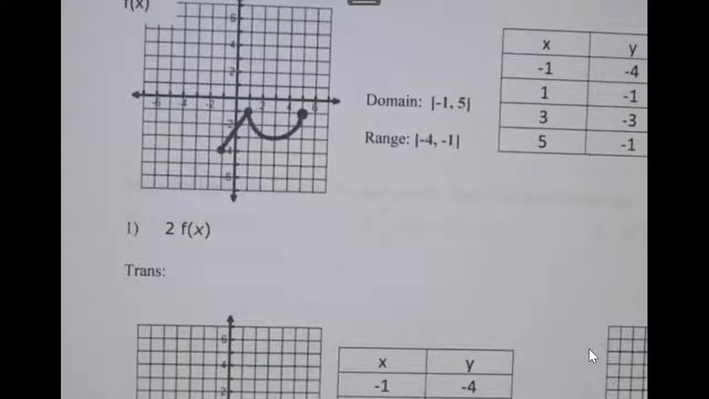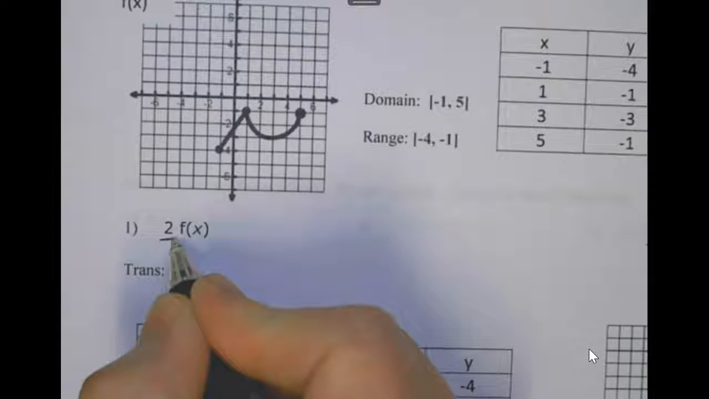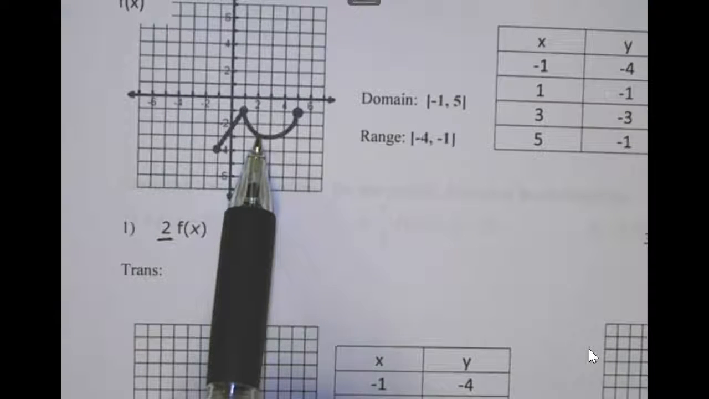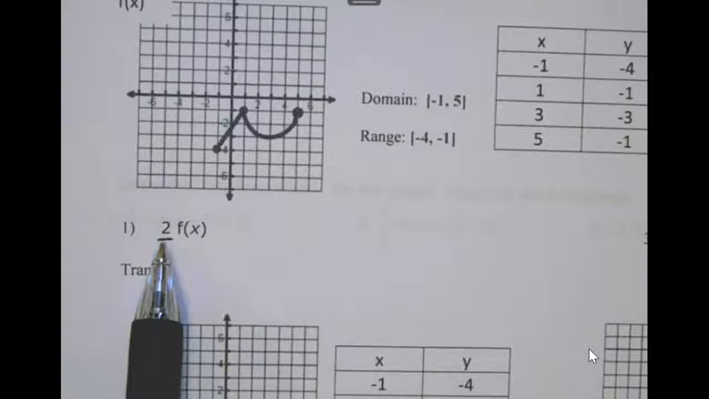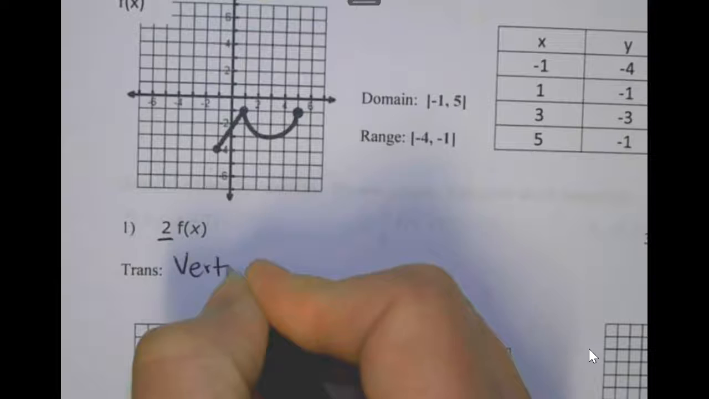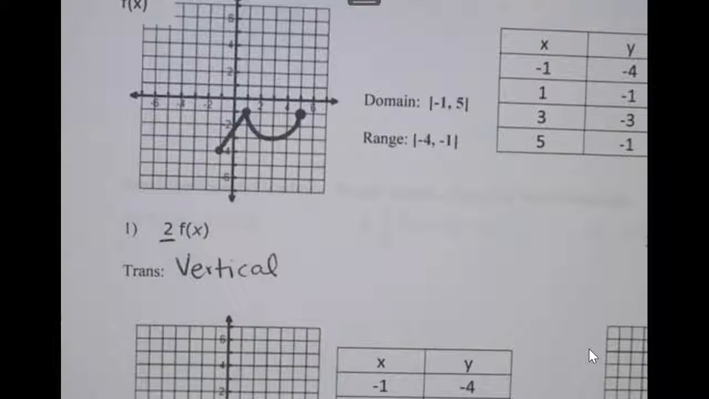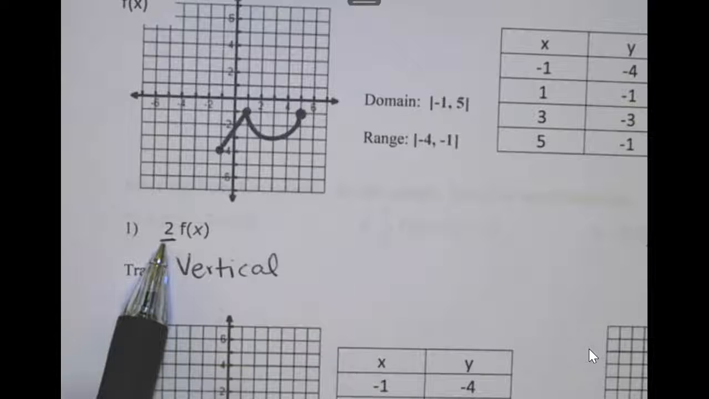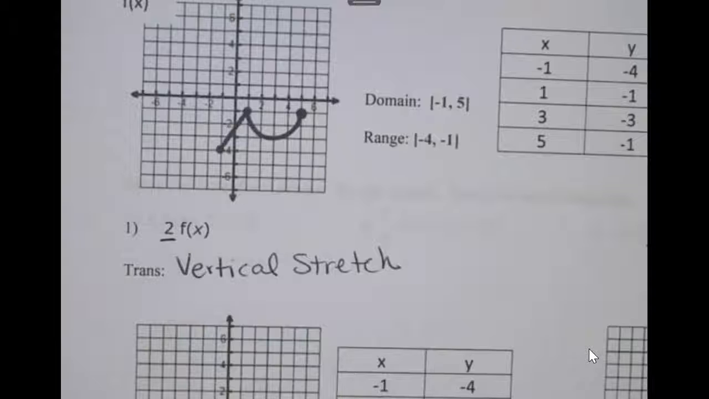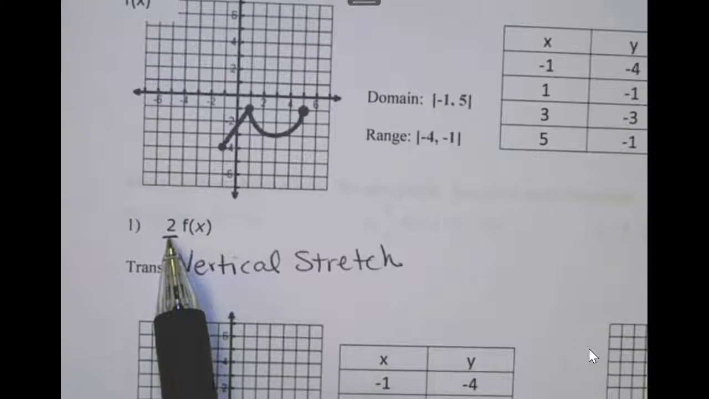So in problem number 1, what is this 2 out in front going to do to my f of x function? Numbers out in front either make a vertical stretch or shrink. If this number is bigger than 1, it makes a stretch. Numbers out in front that are bigger than 1 make a stretch. If there's a negative sign out in front of it, we're not looking at the negative sign, we're just looking